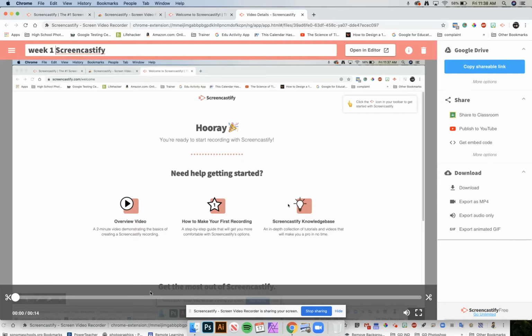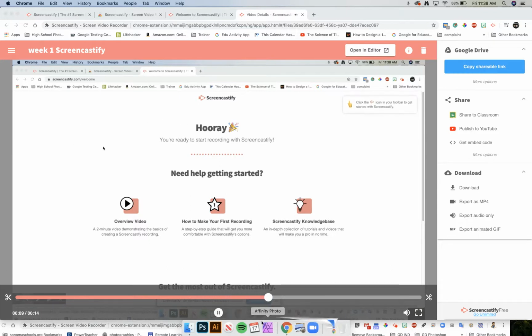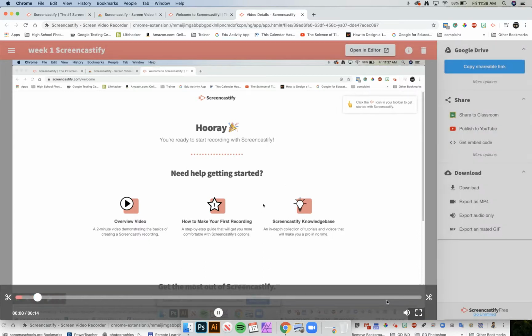And you can see once I go down here, if I wanted to trim anything, I just move my start and my stop, and then I would save the trim. Now I am going to cancel this